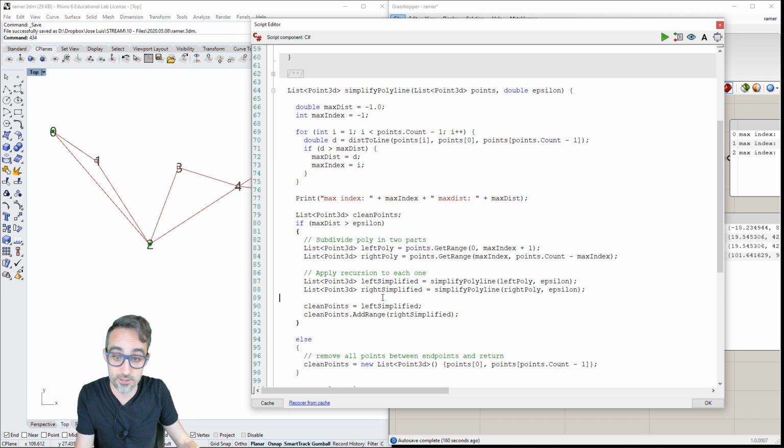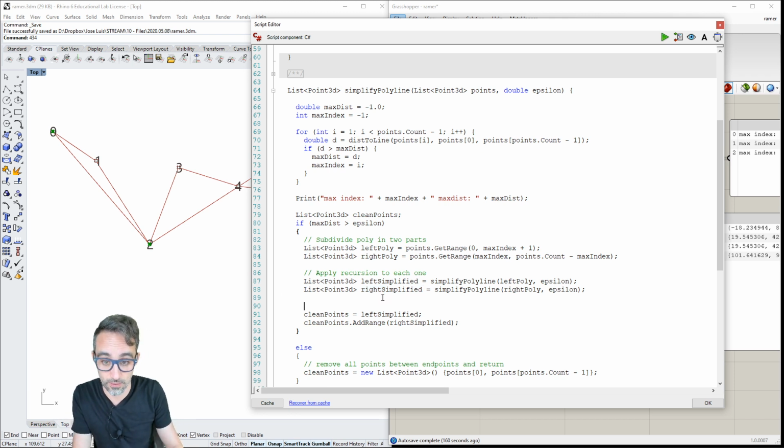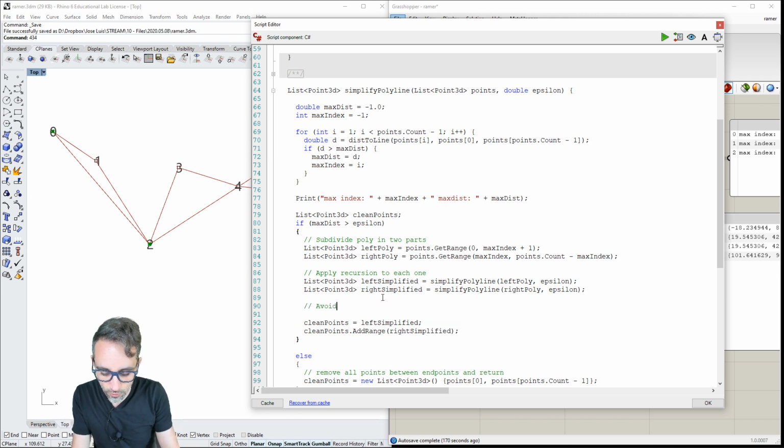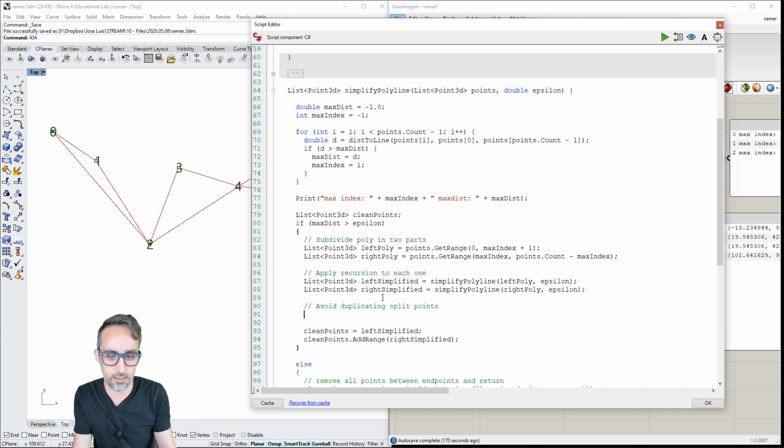So that is just as simple as saying, for example, avoid duplicating split point. And here what I'm going to say is, for right simplified, for the points that are coming from the right, I'm going to remove the one that is at position number 0.